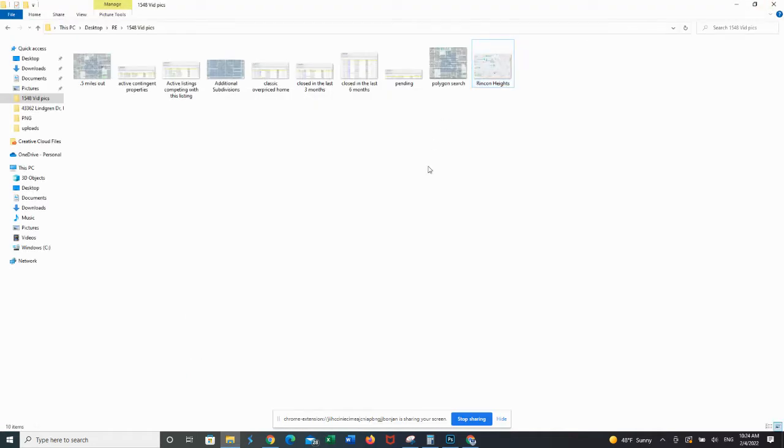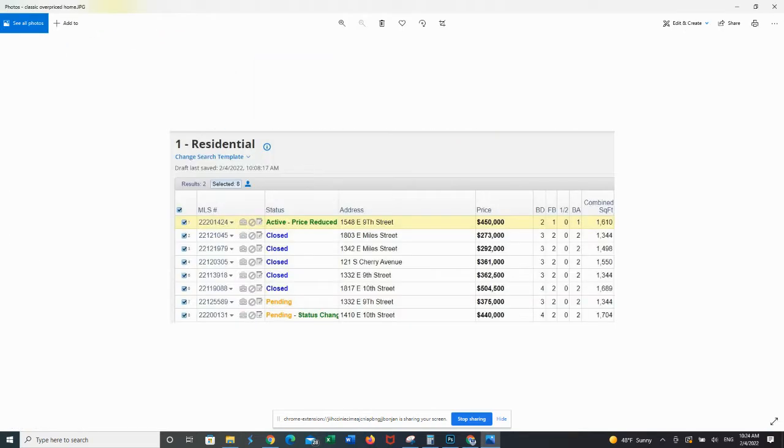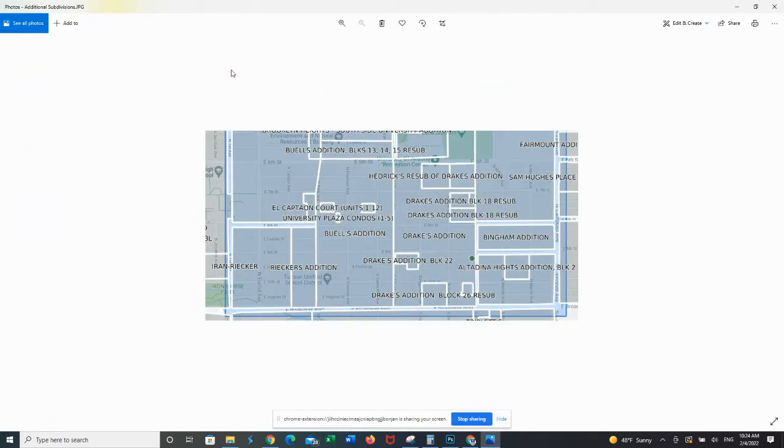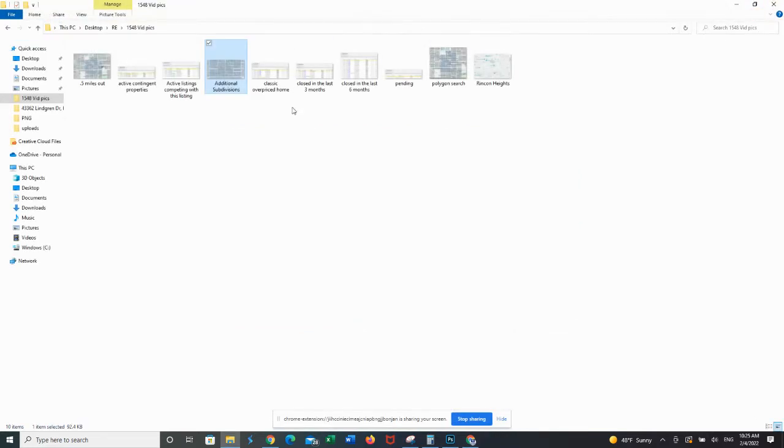And then I was like, okay, well, let's see what additional subdivisions we have in that specific area. Oh, sorry, I just touched my screen, so sometimes I forget that this is a touch screen. I was trying to zoom in. So as you can see, the property is actually in Drake's Addition, but there's little pockets of Drake's Addition, and then there's Rincon Heights right here. So if I try to pull comps with a circle radius, as I'm going to show you next,